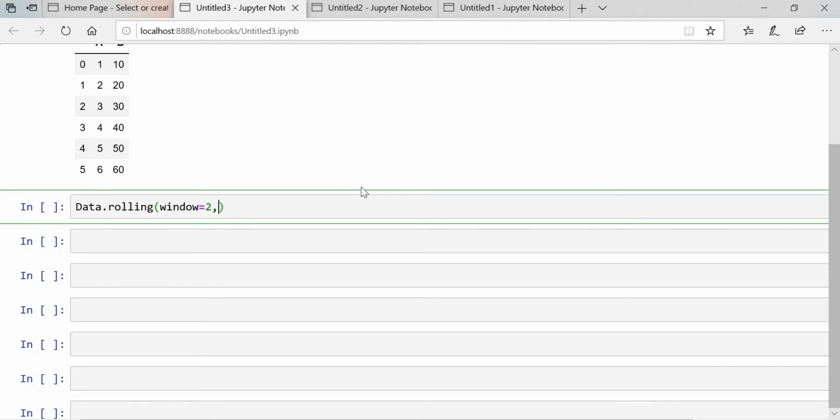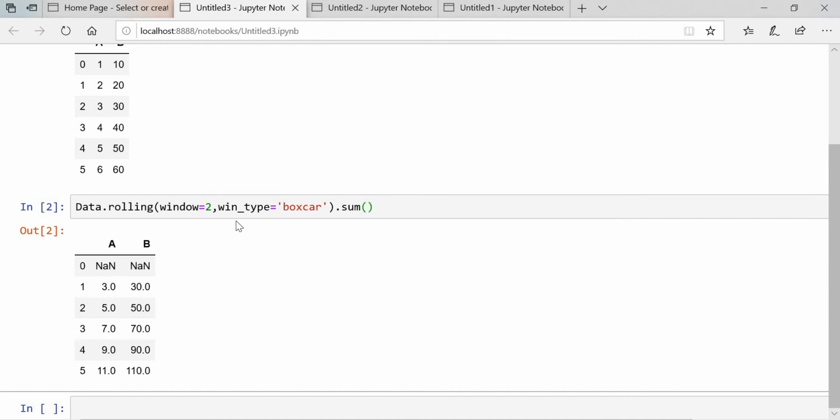Now we have this win type. Let's say we'll put first boxcar, and let's say we want to do the sum. If you execute, you can see here that the sum has occurred.